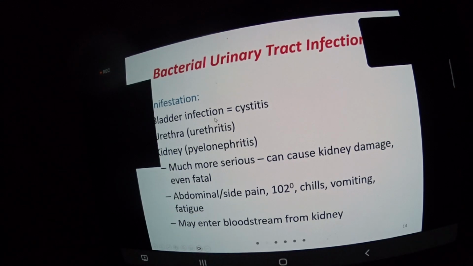If it passes and goes to the bladder, cystitis, again, same thing, probably maybe abdominal pain, slight discomfort, enlargement of the lymph nodes in the inguinal, the groin region. And sometimes in the urine, you can see a little bit of blood, because as it irritates, it can actually damage some of the cells. A lot of white blood cells, and hopefully you can see the bacterial source.